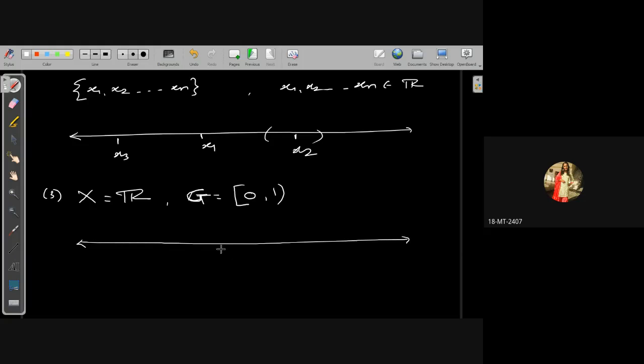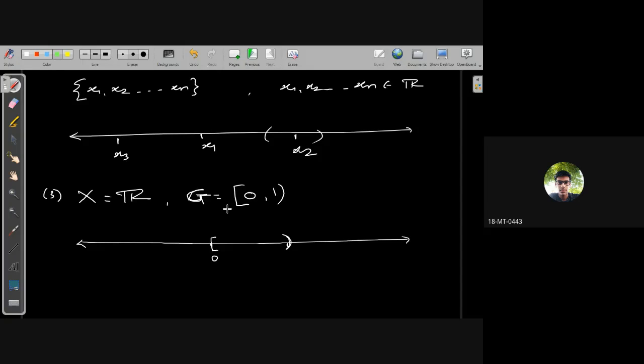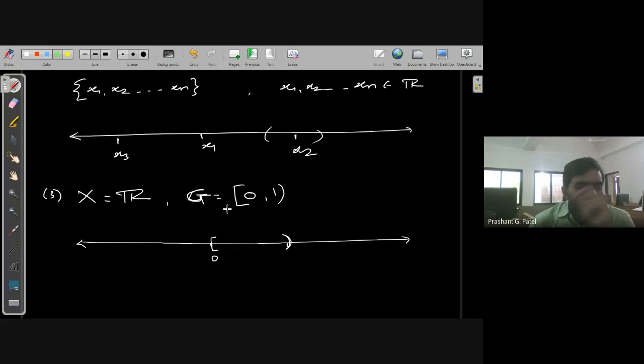Tell me. Yes, sir, it will be an open set. One person is saying that it is an open set. What about others? So this is not an open set. Can you tell me the reason why it is not an open set?